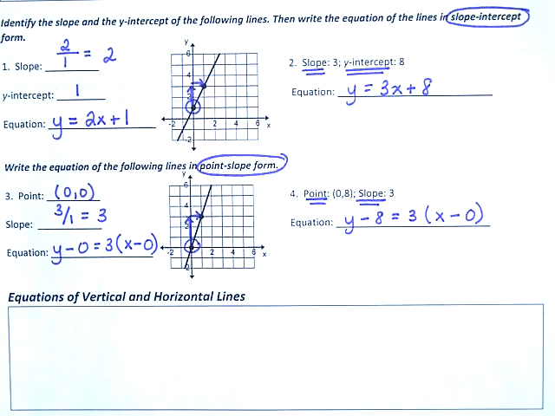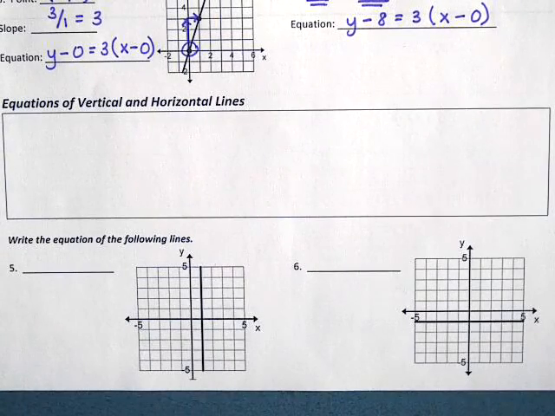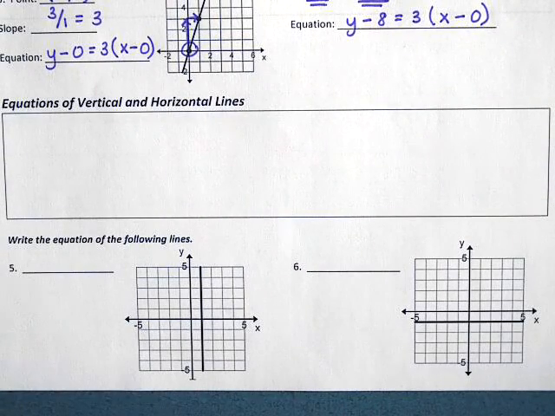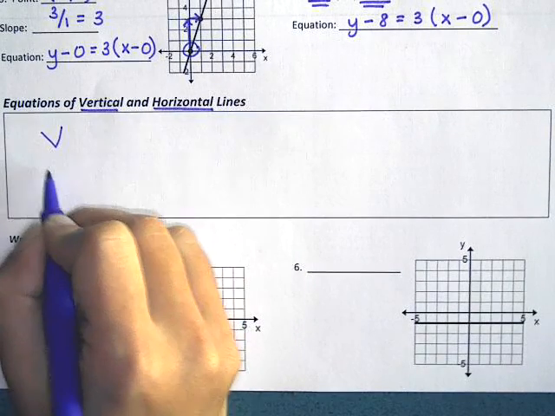And I'm done. We've also learned about special kinds of lines, like vertical and horizontal lines. We said whenever you're dealing with vertical or horizontal lines, the key word here is